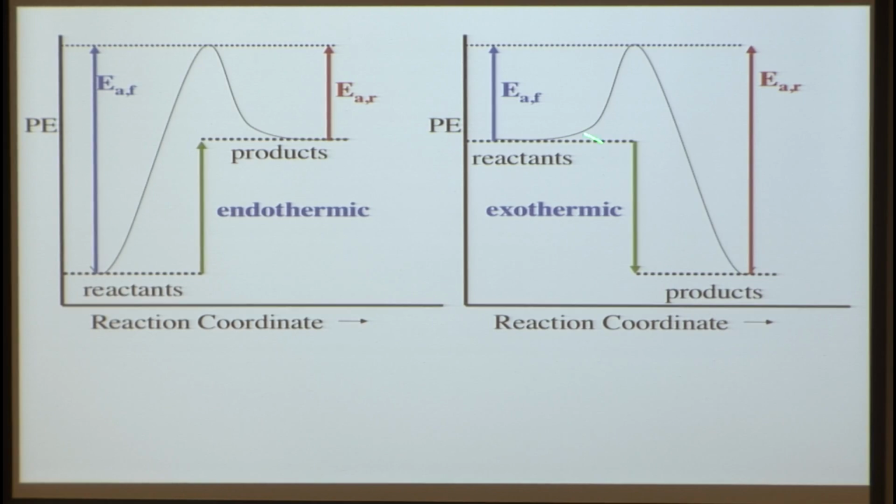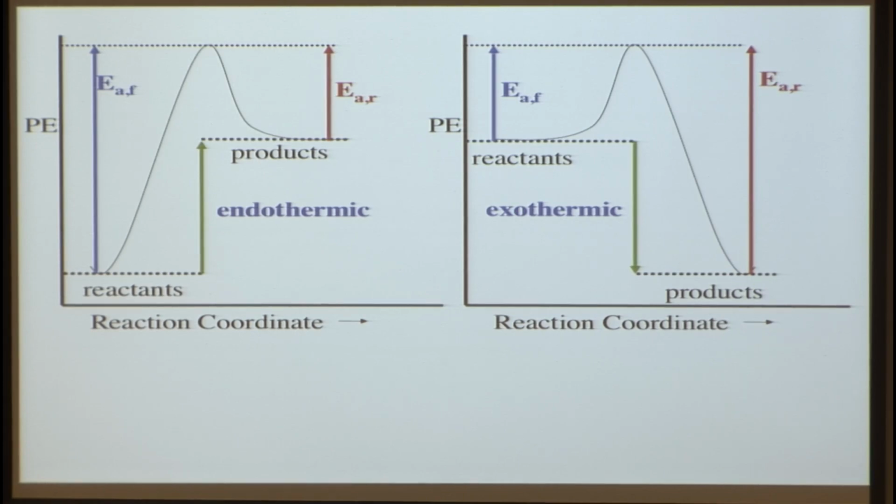So we go from reactants to products along the reaction coordinate. So here, in this endothermic reaction, we have our reactants down here, our products up here, and a very large activation energy barrier for the forward direction, a much smaller activation energy barrier for the reverse direction. With the exothermic reaction here, we have a smaller activation energy barrier for the forward direction and a bigger one